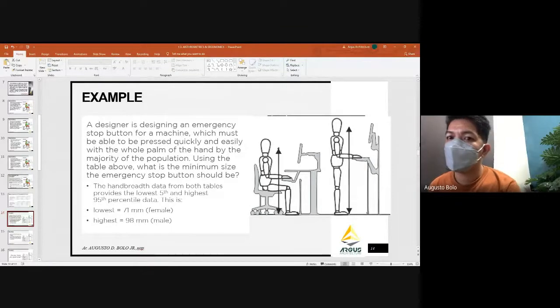Okay. Thank you, Joy. This is a basic example of using anthropometric data with the table. Say, an emergency stop button for a machine, which must be able to be pressed quickly and easily with the whole palm of the hand by the measure of the population. Using the table above, what is the minimum size of...